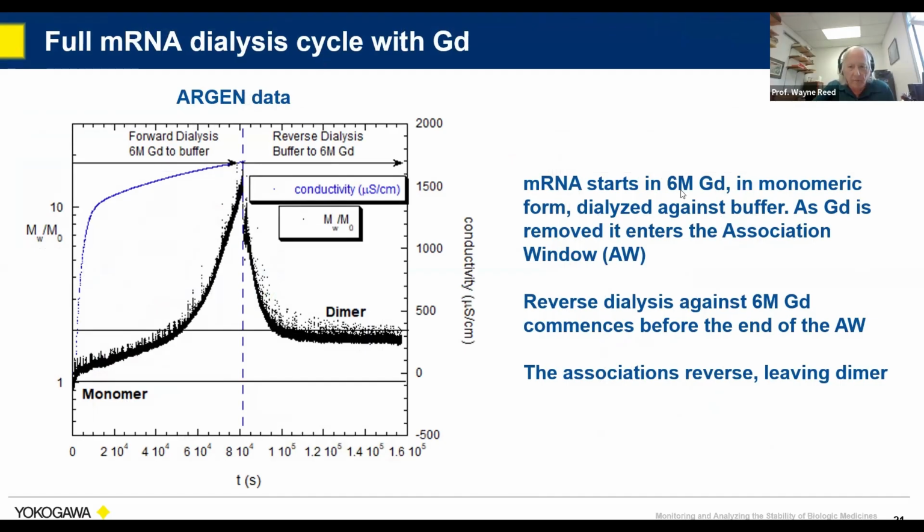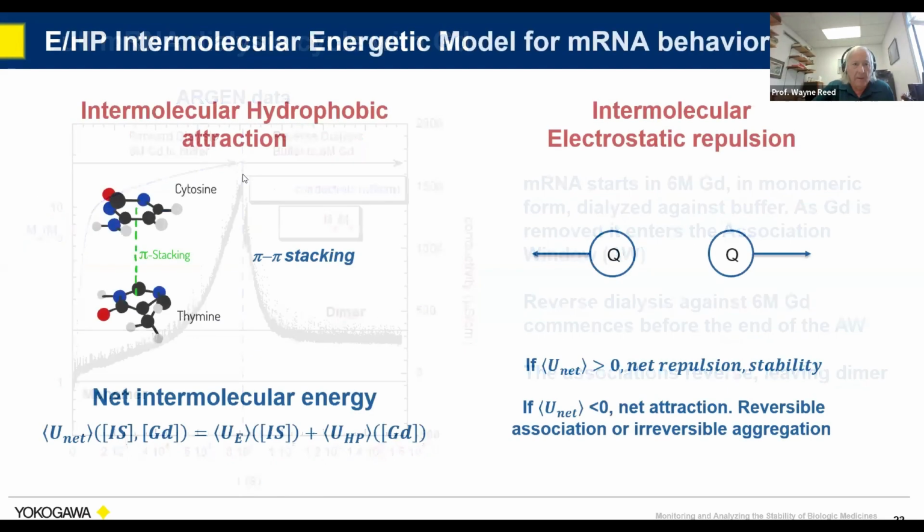Okay, and this is to show the reversibility with the same thing. This is also one of the mRNAs. It's starting at 1 unaggregated, going up. We didn't go past the window. We reversed it before it hit the window, but still you can see it's reversible. Came back down, although not all the way. So we're not sure, that might be a dimer, but it is quite reversible. This is a log scale, so it really went up quite high.